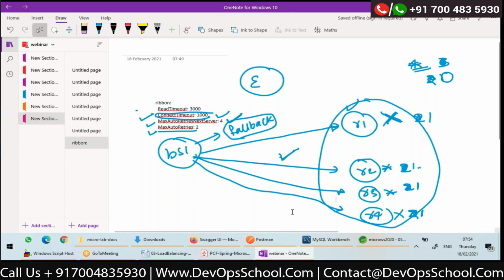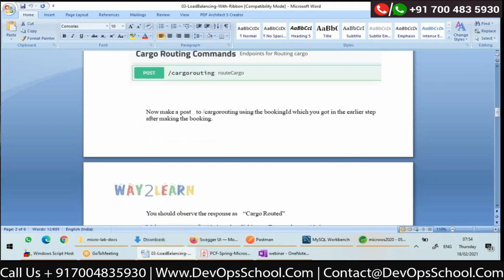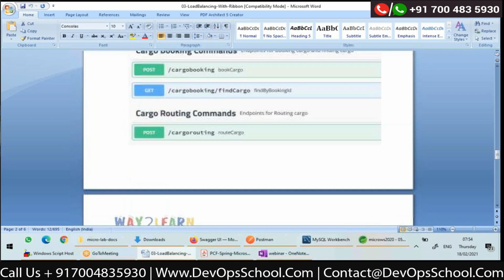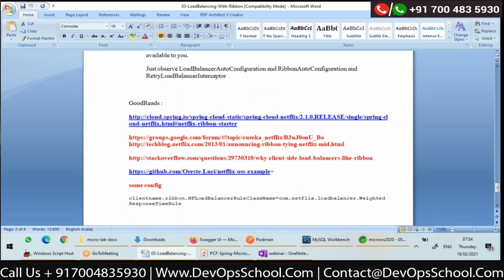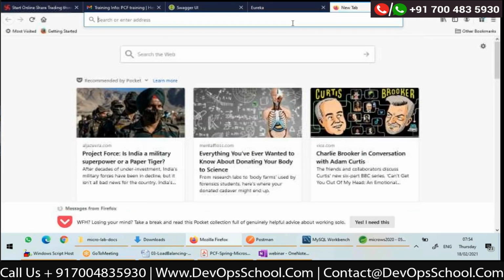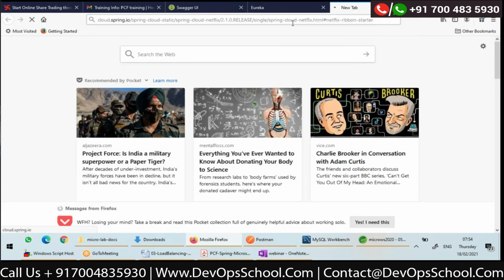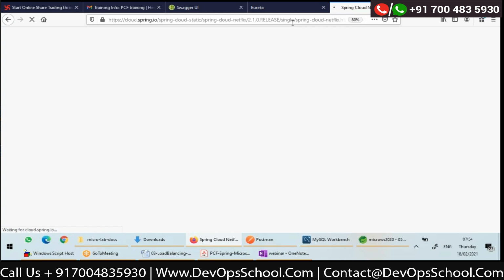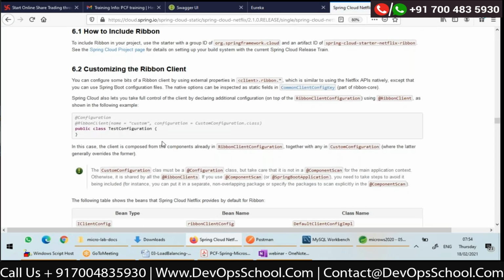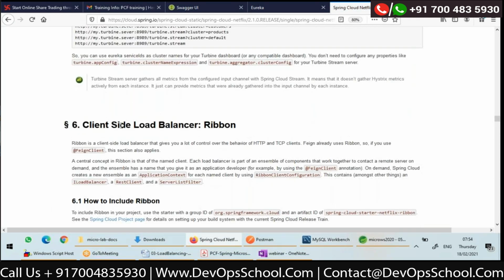Thank you. So now how to configure various algorithms. I'll just show you here. Let me go in this documentation I have given. So this will be the URL for the documentation of Ribbon. Yes, so here is the Ribbon documentation from the website.